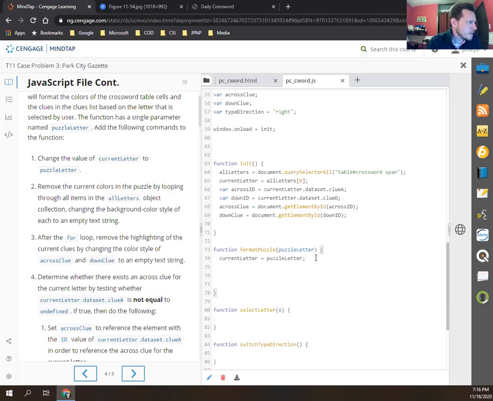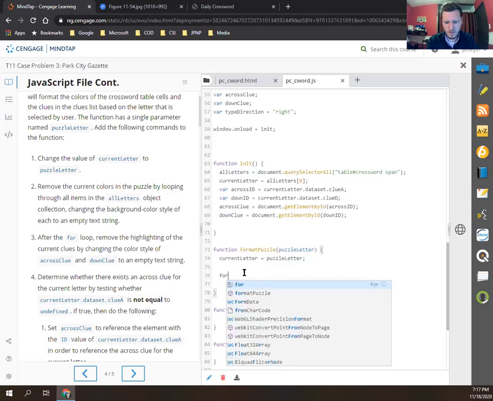Remove the current colors in the puzzle by looping through all the items in the all letters object. Change the background color style of each of them to an empty text string. So the all letters, which we have already set in our init, is equal to everything in the table here. We're going to loop through